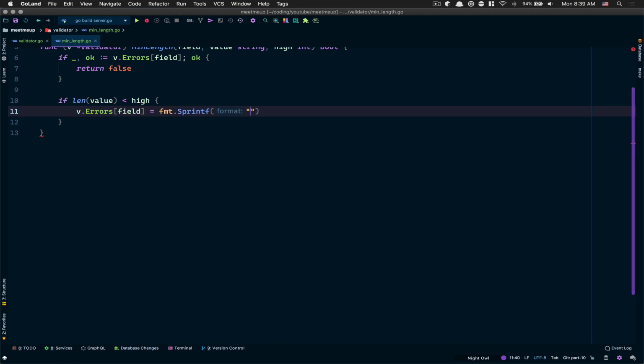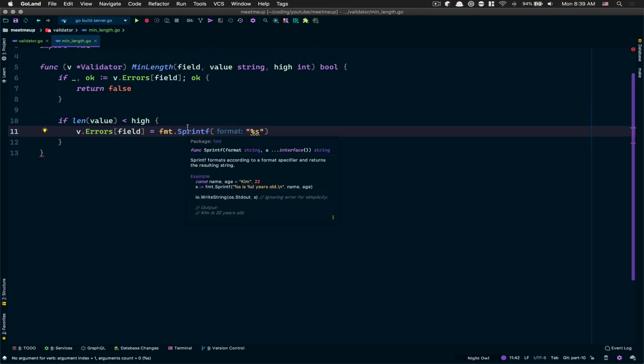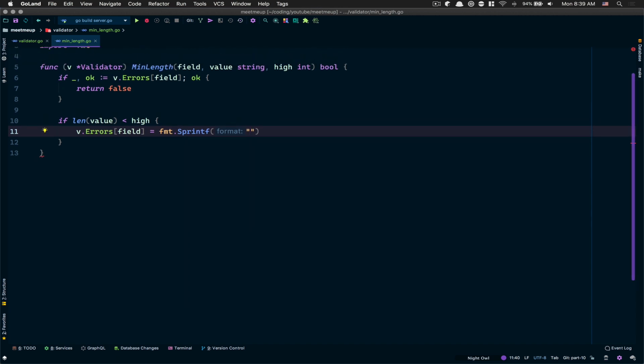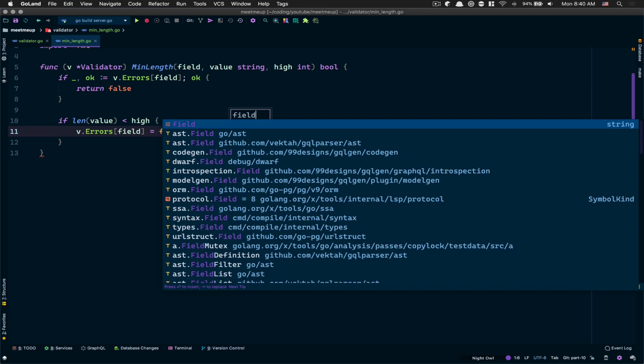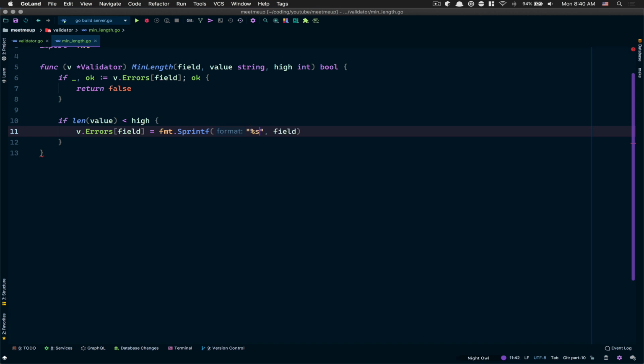And now I can say %s, because I know that's gonna be a string. And here I can show you something with GoLand. For example, if I do option enter, I can say add format string argument, and now I provide the argument. So I'm gonna say field. Because they know it's a string, they're gonna add this %s. So now I can do